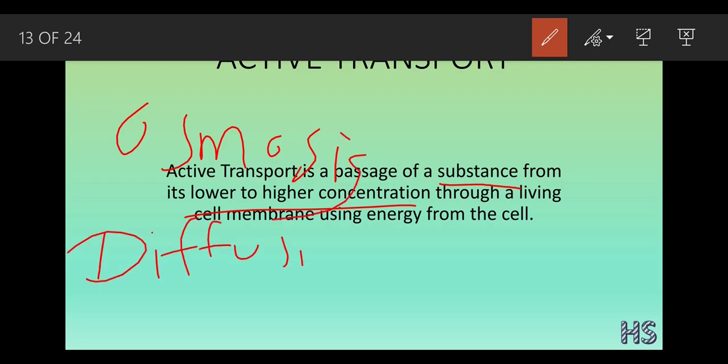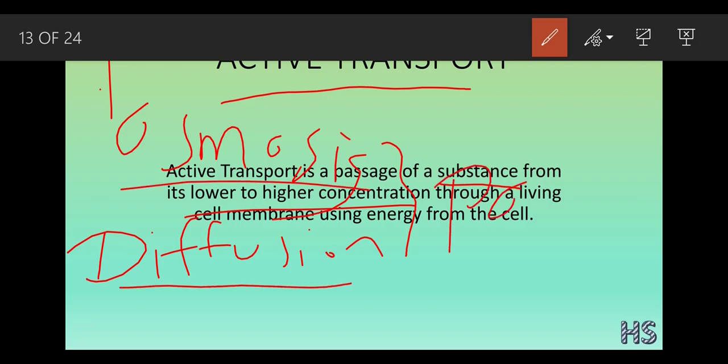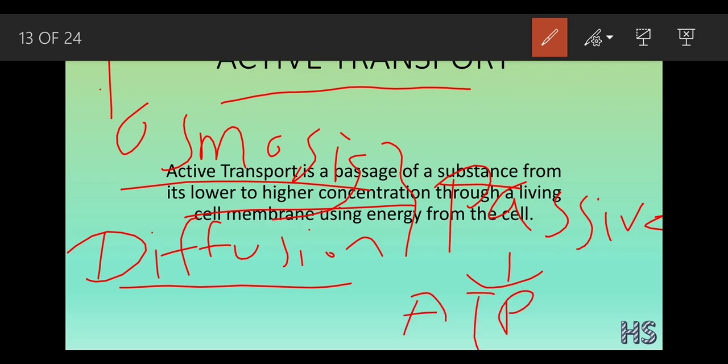Inside this osmosis and diffusion, what we have studied is that these two help the substance move from the higher concentration to the lower concentration. But the active transport works in a different way. It moves from the lower to the higher. This means osmosis and diffusion show a passive nature. Why do they show a passive nature? Because they do not use any energy molecules, and we have already studied this energy molecule in 9th standard.